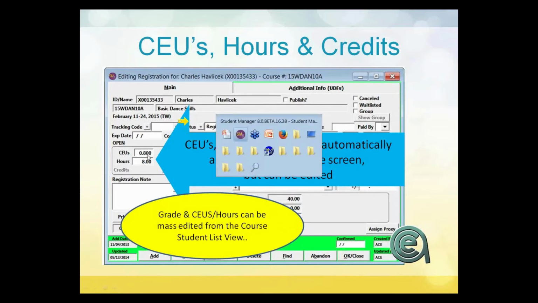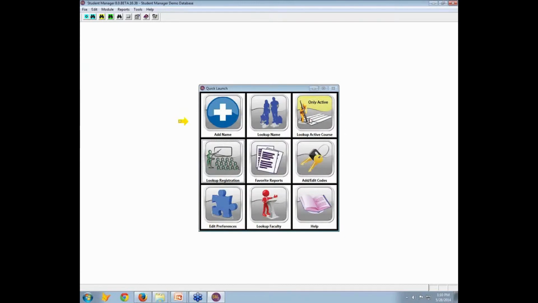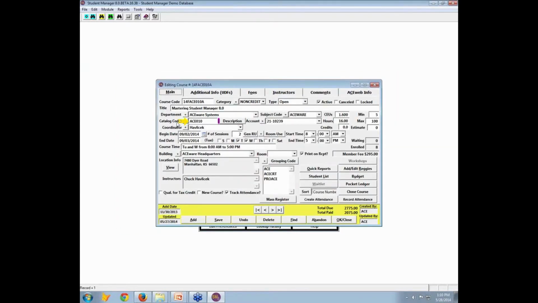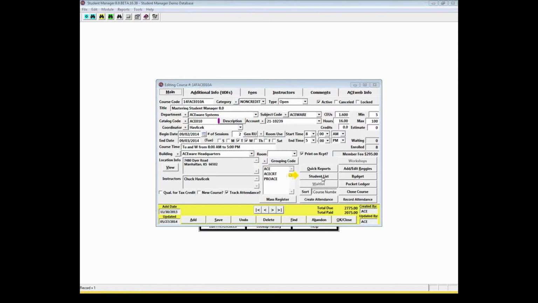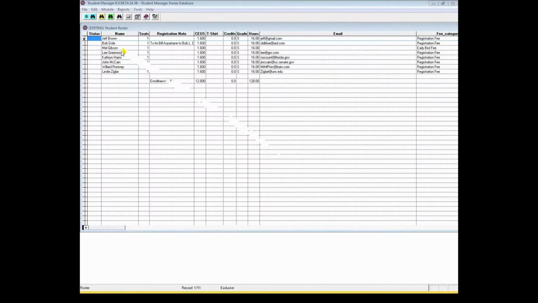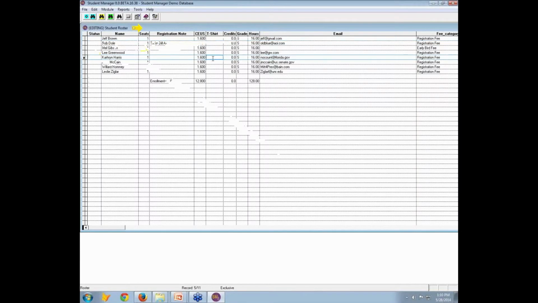But alternatively, and this is actually my recommendation on a class, is that you look up the class, and then from the student list on the class, you can bring up a browse window. Now, note up at the top left, you see the student's name and you see the note and the email. But, and I'll get out of this view, you can actually go through the hours and the CEUs, 0.8 CEUs,